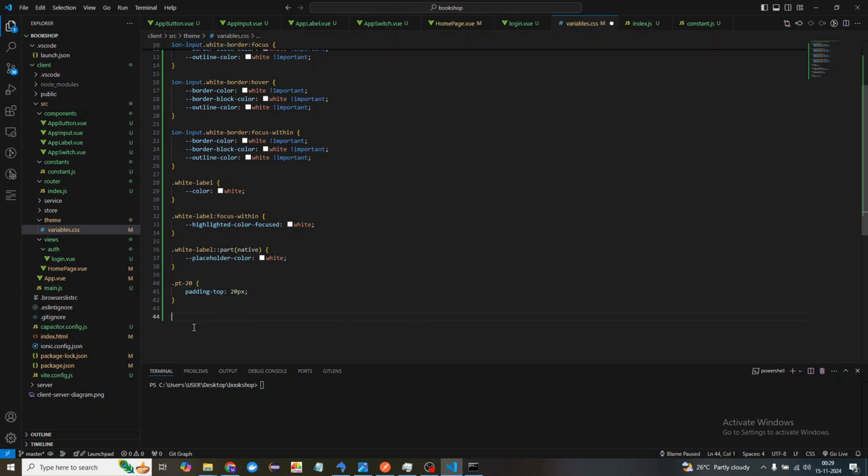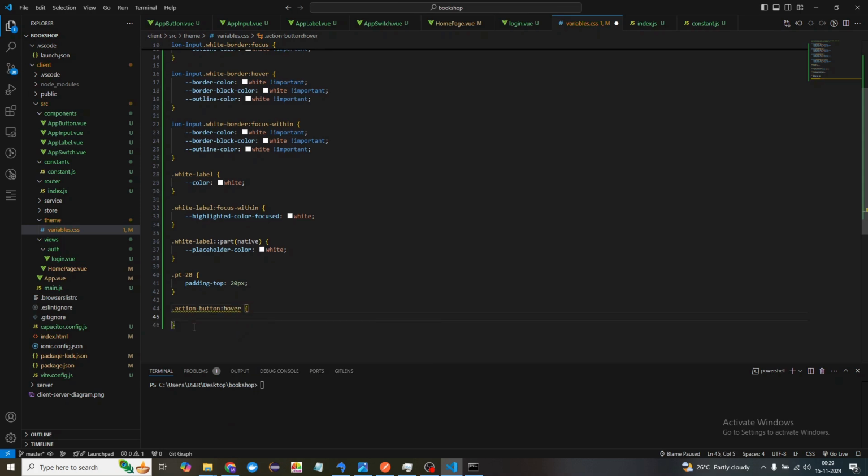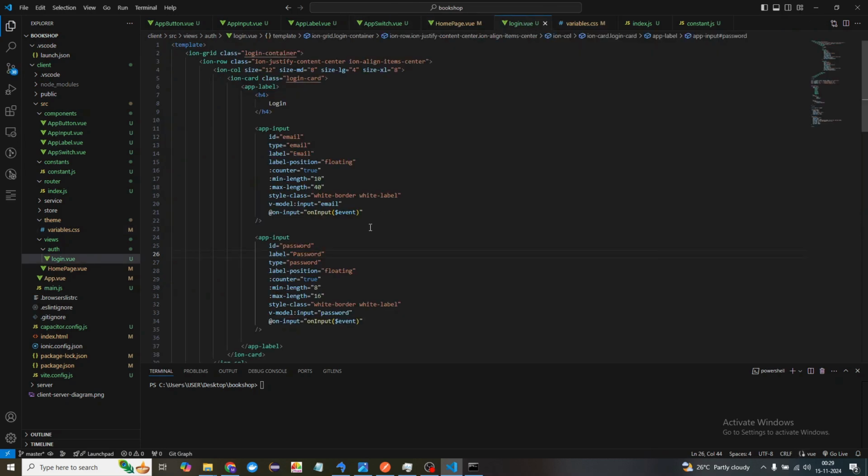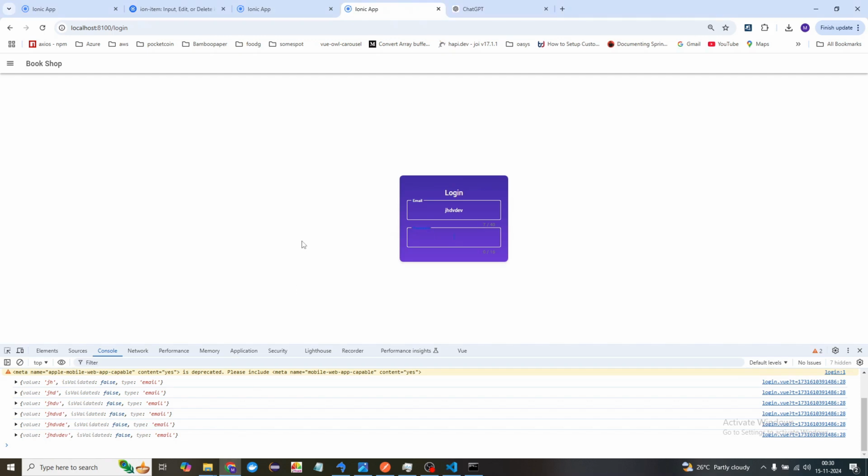One more thing which we want to create over here is action. So if we are going to create any button, and that button is going to have class action button, and that should be basically, if we hover on that button, then the cursor should always be shown as a pointer. Let me save it and go back to the login page, and we'll just see if the UI is fine. Let me refresh this,